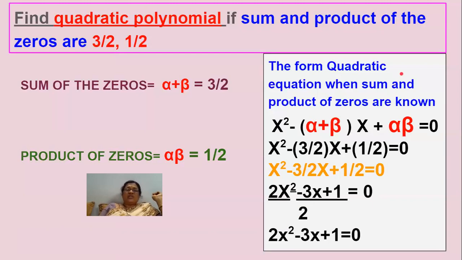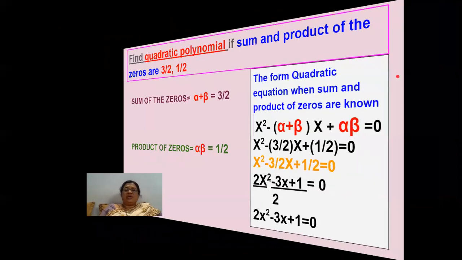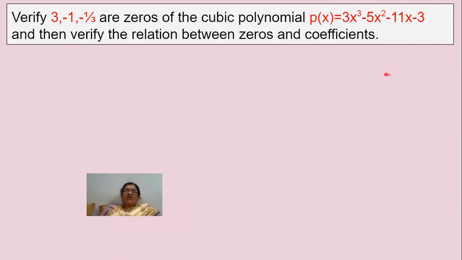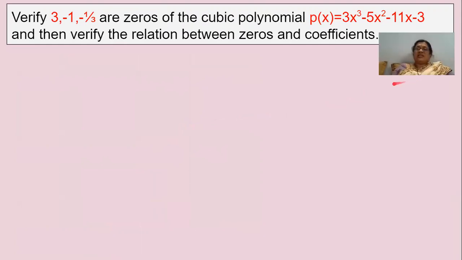So in this problem, what is given? The sum and the product of the zeros are given. You found out what will be the quadratic polynomial in this problem. Let us work out a very important and very big problem in this exercise, and this is repeatedly given in various examinations like SA2 also. When you look at this problem, you children get more confused, and this is a very big problem also. Concentrate and look carefully and try to understand the problem.